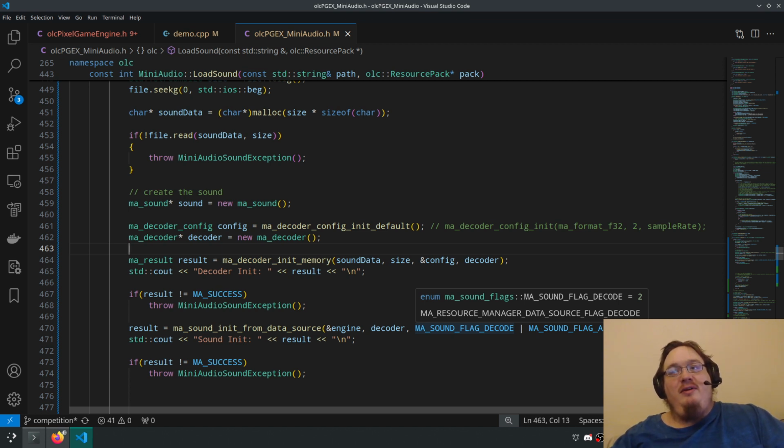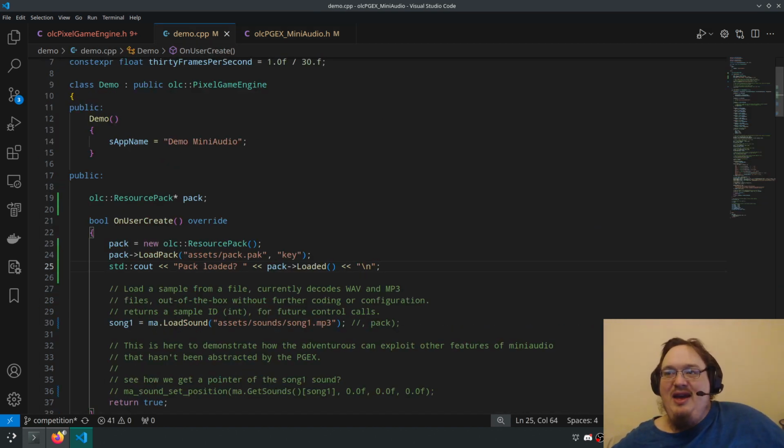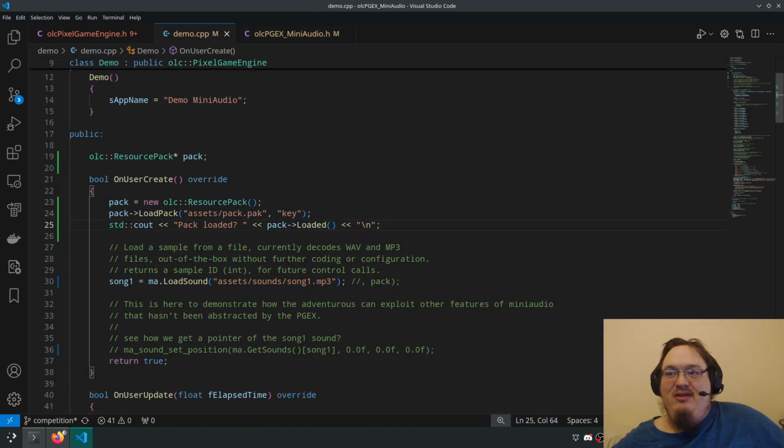Yeah. Here's a tip I might just throw your way because I literally just had this revelation. Have you tried messing with the demo's code? No. The only thing I've been doing is toggling back and forth between whether or not I'm using the resource pack. Right.